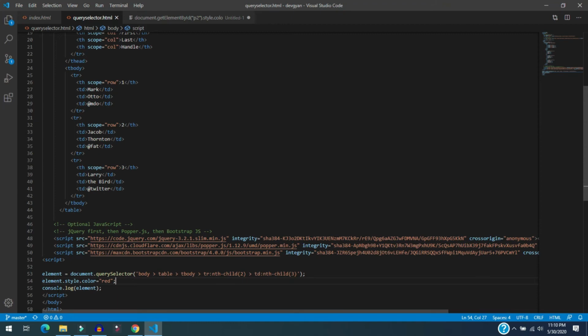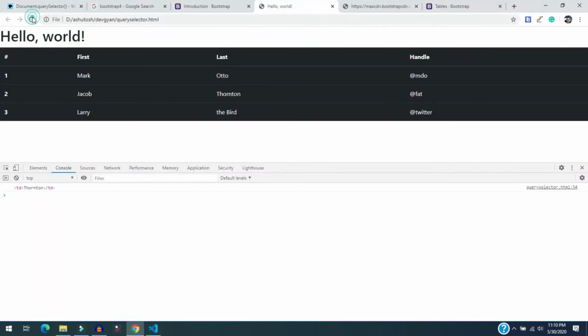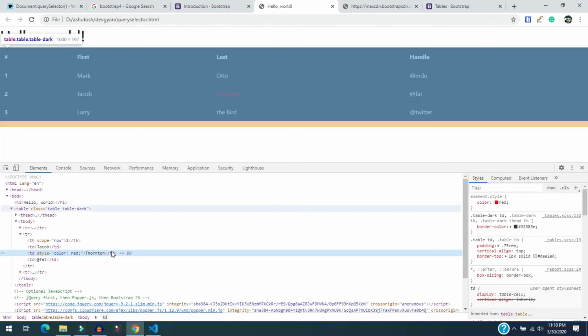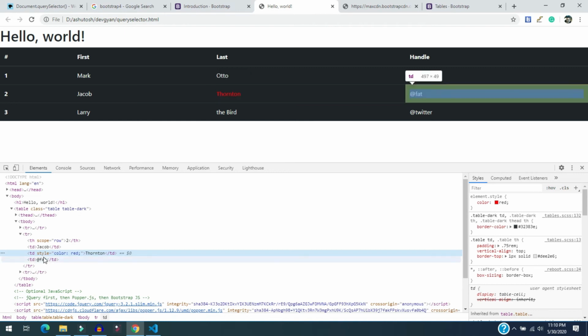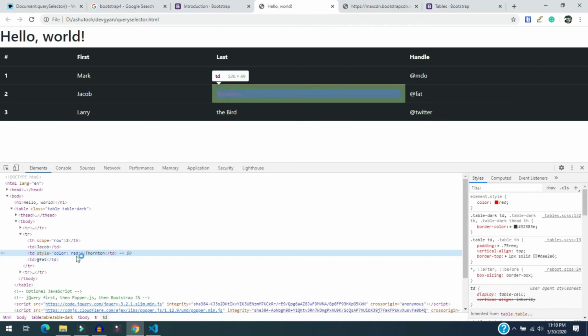Let's see the changes. You can see that for this particular thing, Thoranton, I was trying to select this and change its color, and I am able to change it. How amazing it is. So through JavaScript I am able to change the color. Now you will find that style color red is appended here.